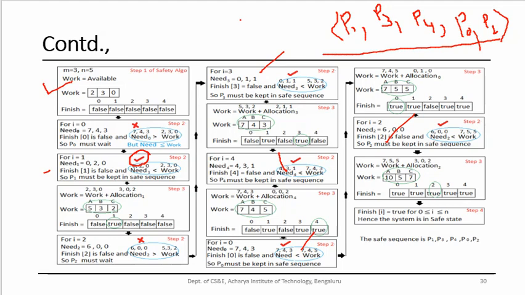Banker's algorithm ensures that after the resources are allocated to a process, the system is going to continue to stay in the safe state. Only then it grants the request. Otherwise, the process has to wait. So this is what is deadlock avoidance. I hope this is very clear.